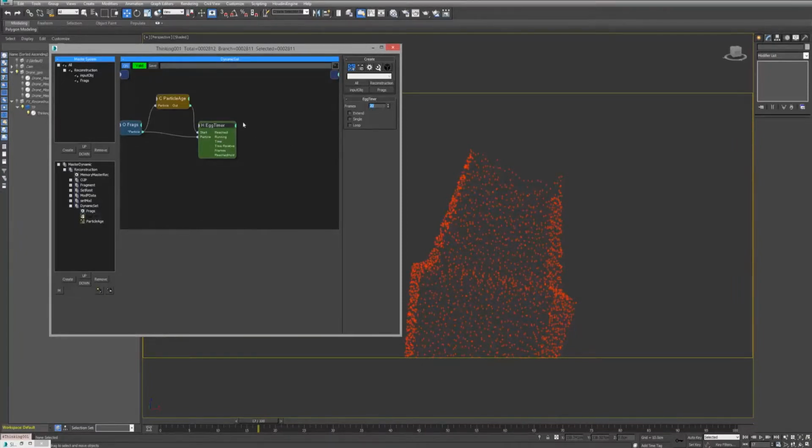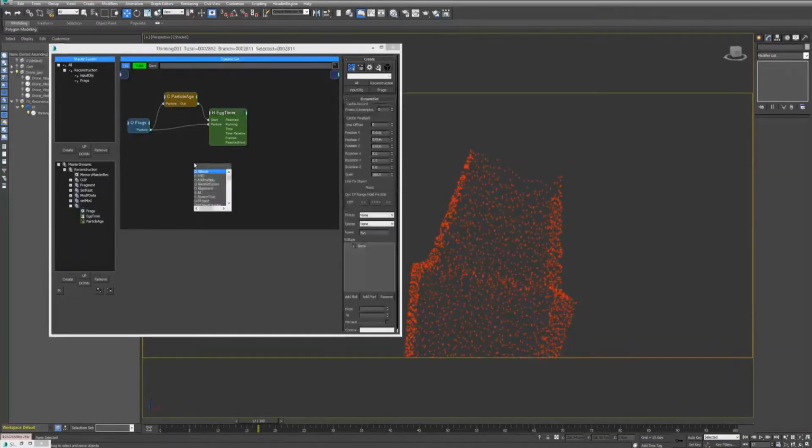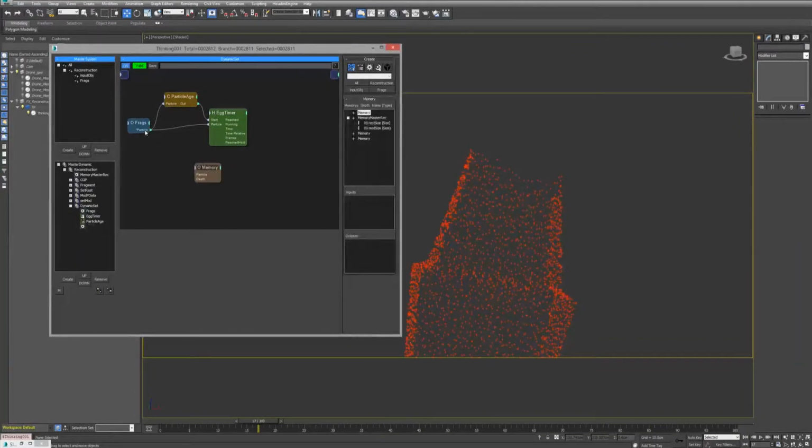Okay. And what's cool with egg timer is that you have this time relative output, which will output the local age of this timer between 0 and 1. So at frame 0 it would be 0, and at frame 20 it will be 1. So we'll use this one because it's really nice to use to do the interpolation. And so what I can do is I can use a memory node to just get my rest size and my mod size,